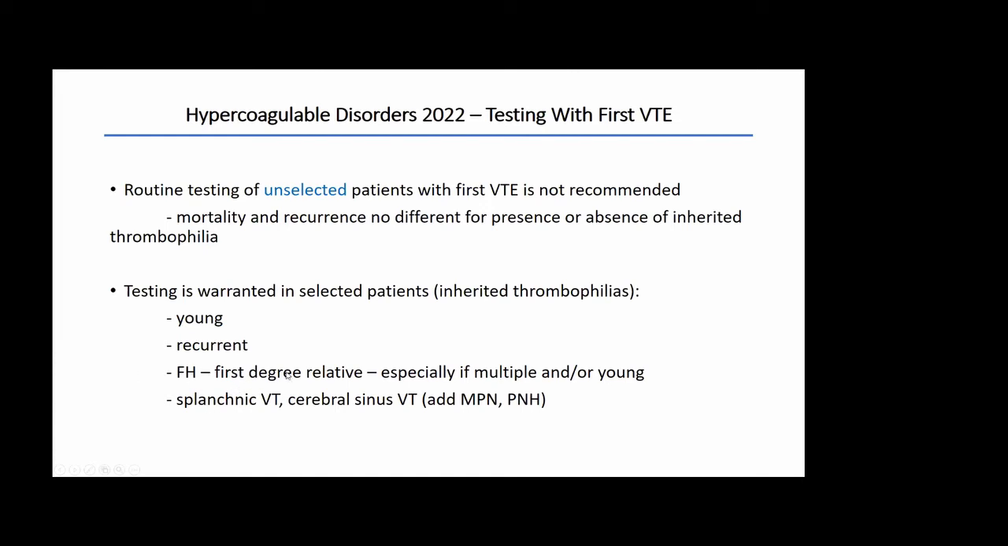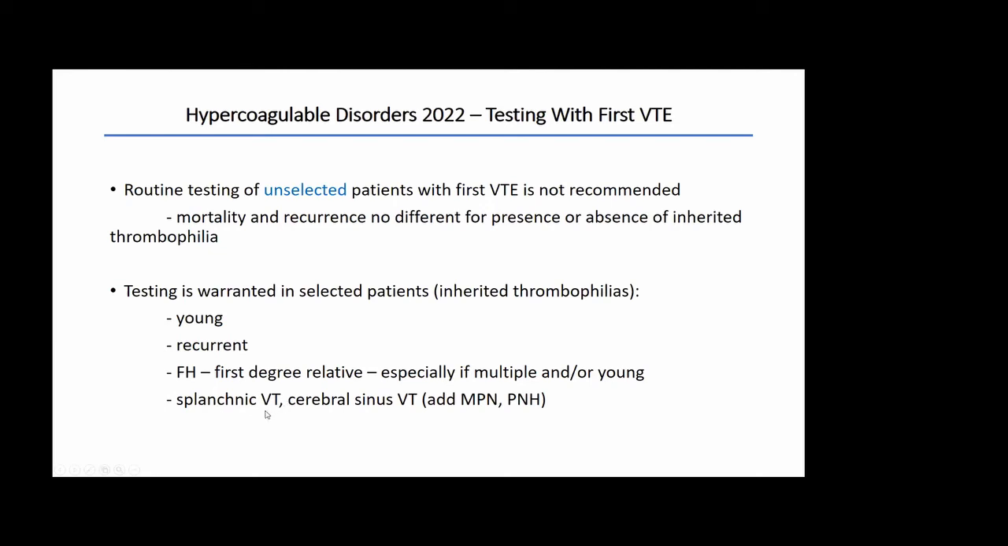And this is also used often in the management decisions of pregnant women who've never had a blood clot, but who have thrombophilia. So this is a big deal in this little list. And finally,